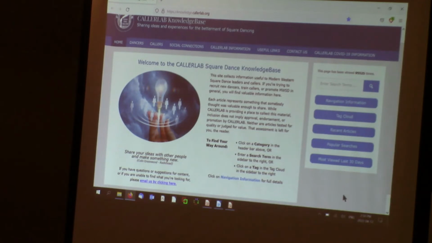So when you look at this page, first of all, those of you who have been looking at the knowledge base for a while will notice it looks somewhat different than it did even a year ago. So we've tried to spiffy it up a little bit, make it a little more visually appealing. But really, the major part of the work that we were doing was to make it more presentable on tablets and phones.